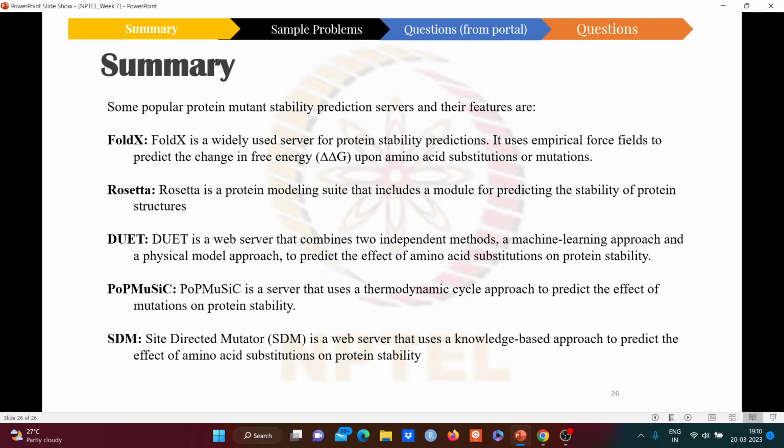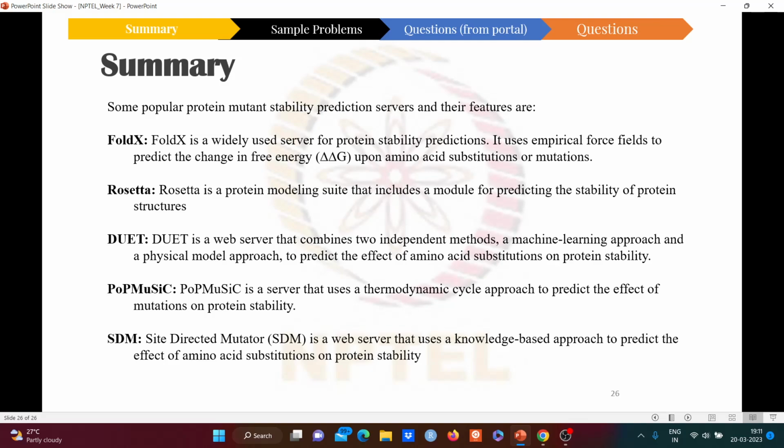Next is Rosetta, which uses a combination of physics-based energy functions and statistical potentials to predict the change in free energy upon mutations. Rosetta can also be used for protein design and engineering. Next is DUET. This is a machine learning model that uses support vector regression, a regression algorithm, to predict the delta delta G values and has been shown to have high accuracy in